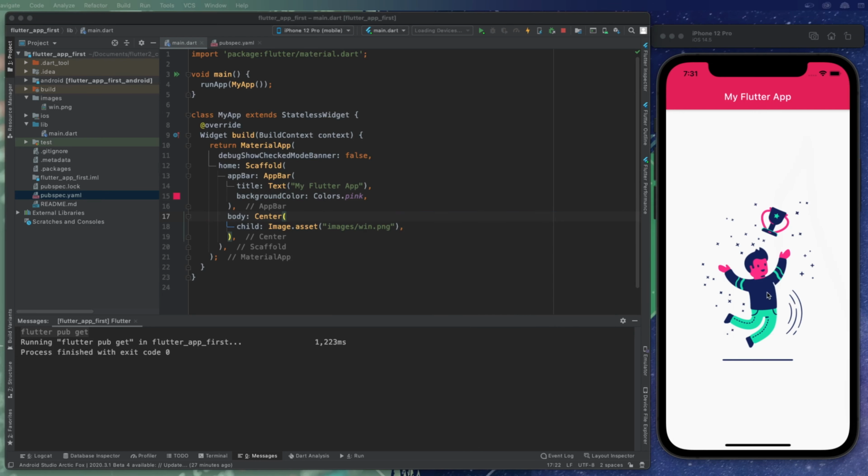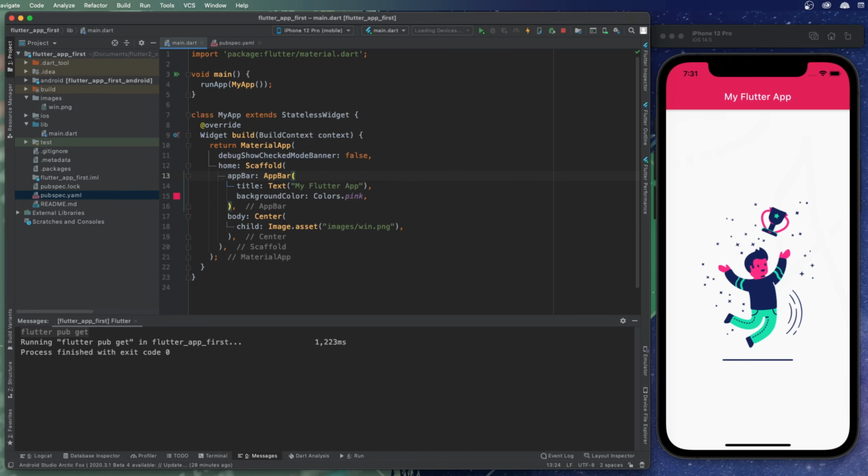And just before we finish this video, I want to show you another thing. Maybe you are coding with Windows and you can see that your text on your title is on the left. So when you code with Windows and Apple, there is some difference inside the look of the UI. But you can change this. So for example, if you are on Windows and you would like to have the title inside the center, or if you are on Mac and you would like to have the title on the left, you can go inside the app bar widget